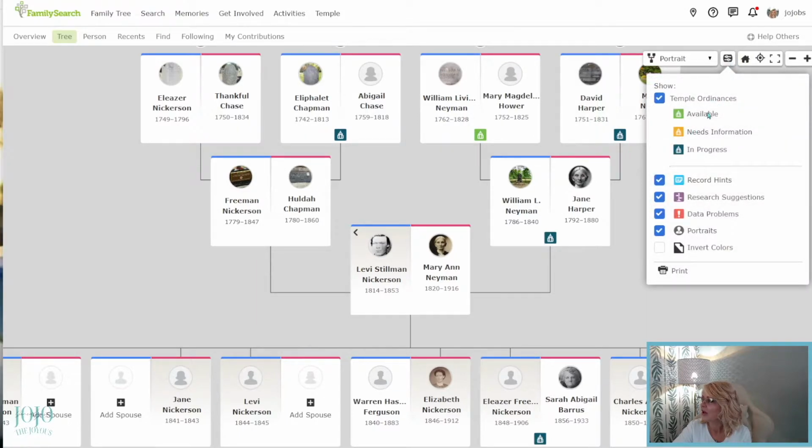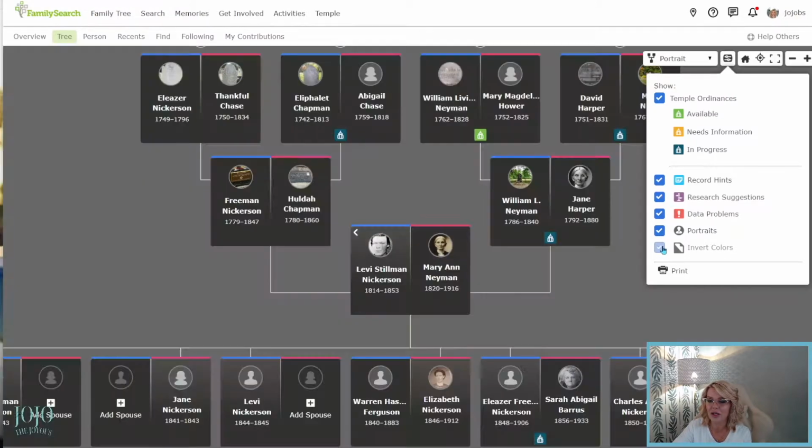So right here you have these tabs on the side, and if I have these clicked, it's going to show these specific tabs and what they are. So like, this is temple work in progress. This needs to be reserved, and the orangish yellow color needs more information. And then you can also see these two. And then invert colors would be like this, which is